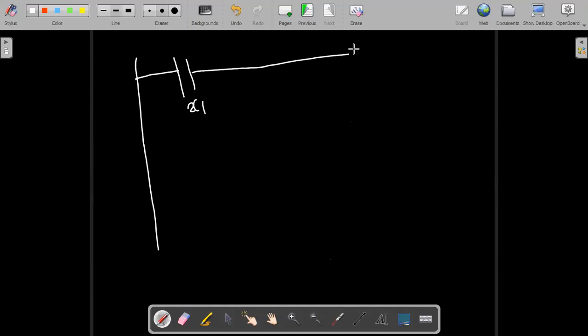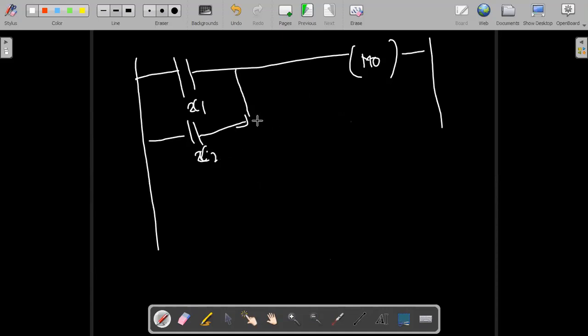So H1, H0, I'll just use memory contact M0. Either H1 or H2, if you press, it is going to be on. Where I'm going to give this connection is my M0. So M0 is going to my Y0.